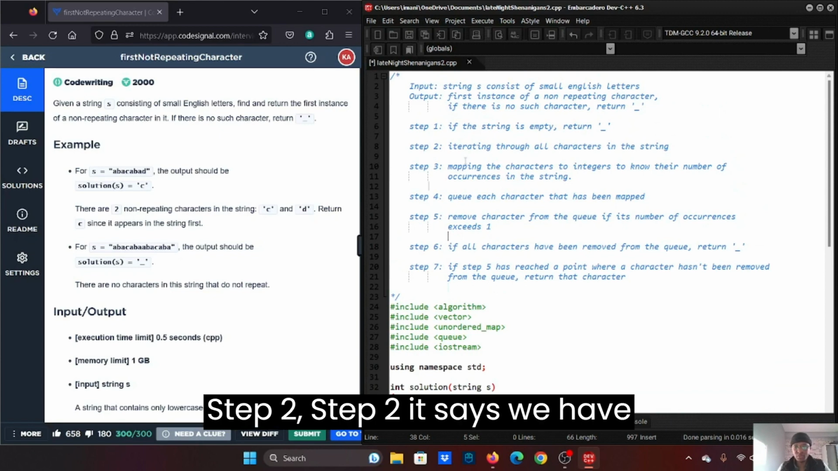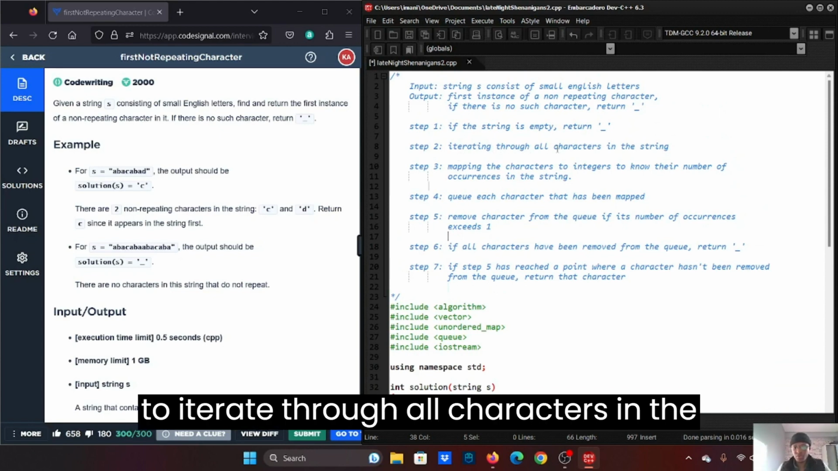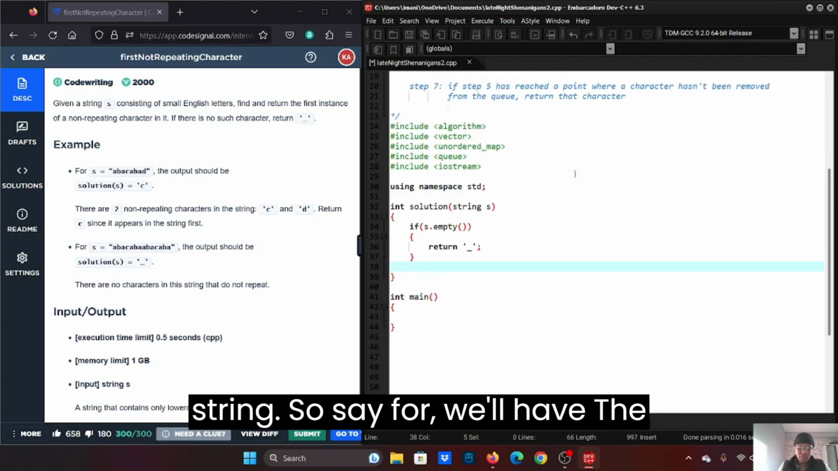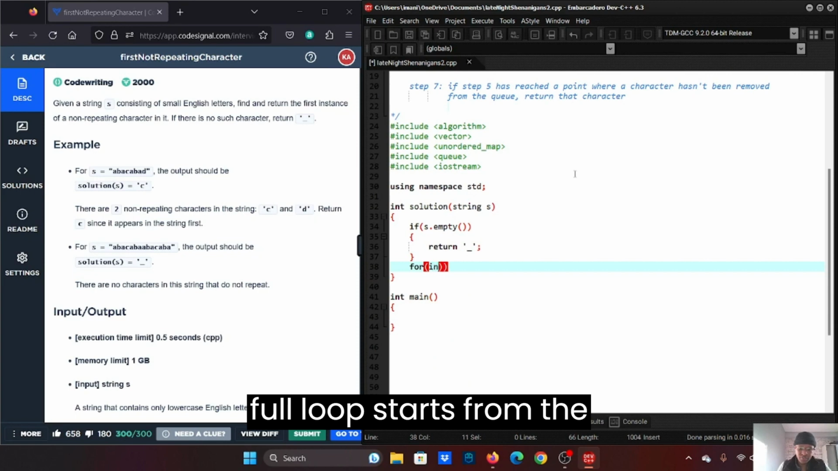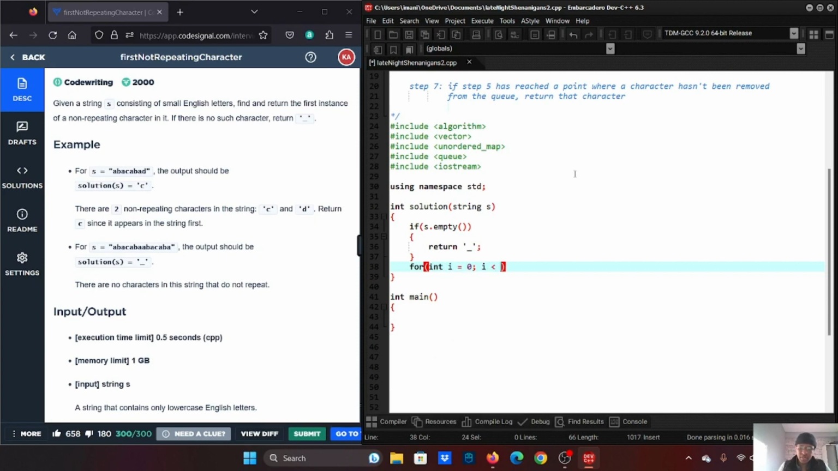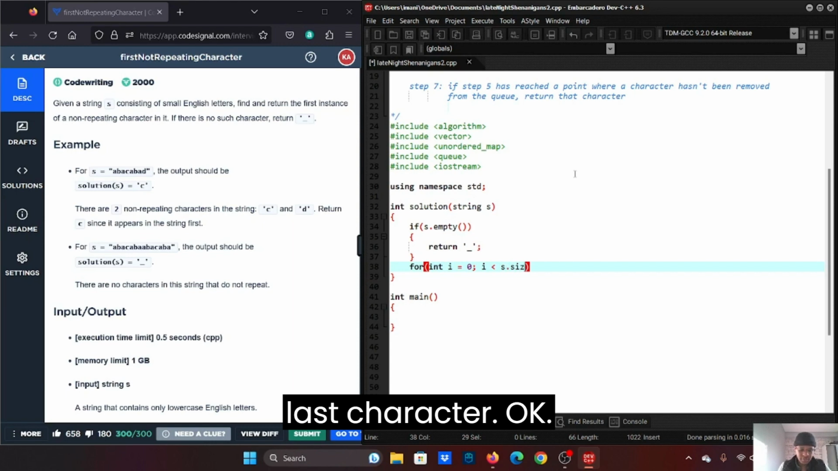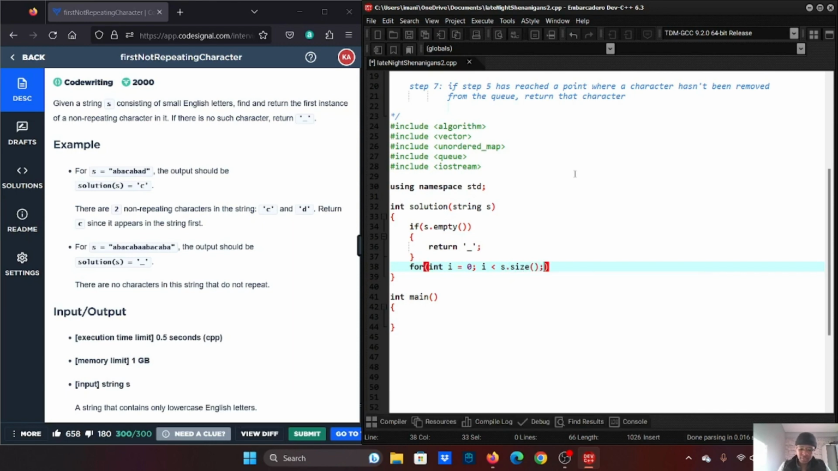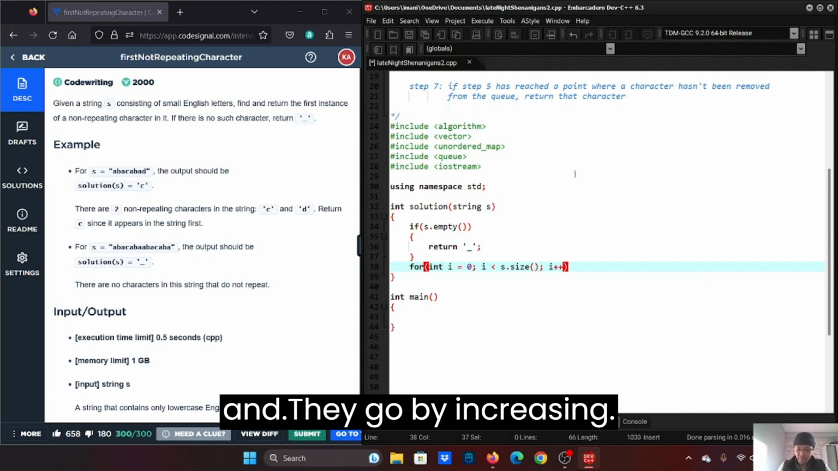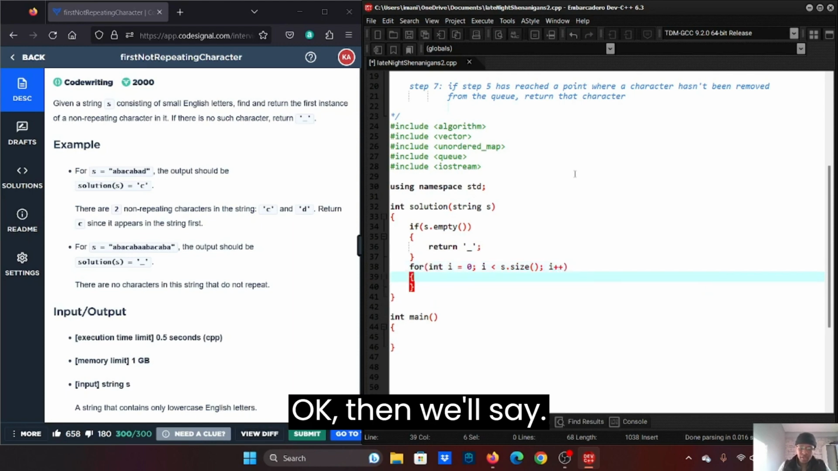Go for step 2. Step 2, it says we have to iterate through all characters in the string. So we'll have a for loop. It starts from the first character to the last character, and we'll go by increasing. Okay, then we'll say